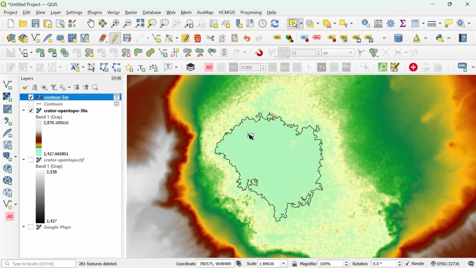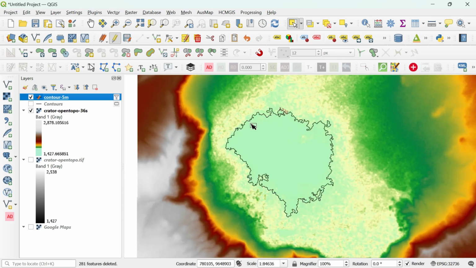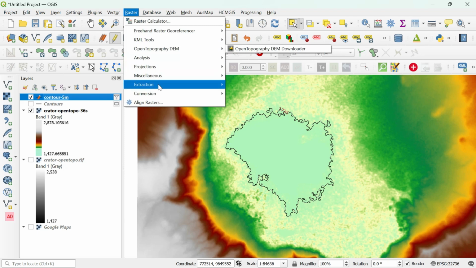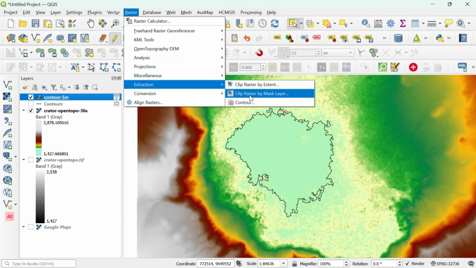So I'm going to save, I think I already saved this layer, no problem. Next step, we'll go in the raster, and come here, extraction, then choose clip raster by mask layer.